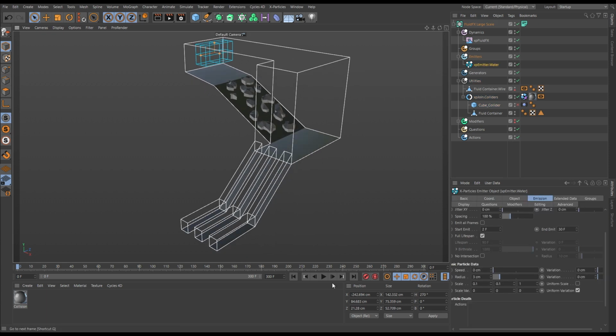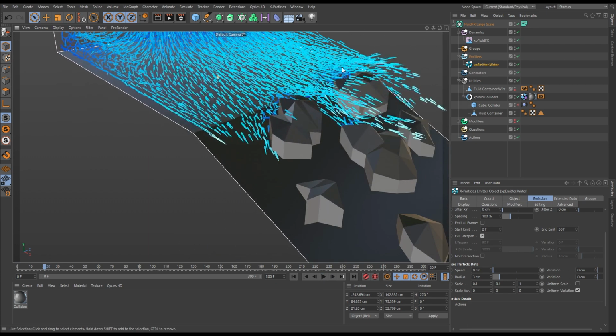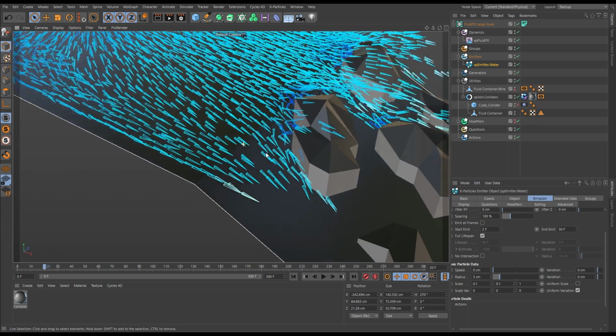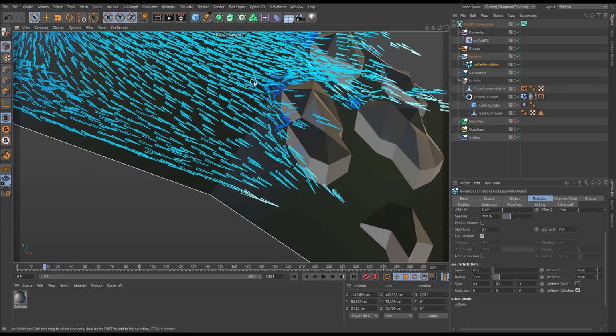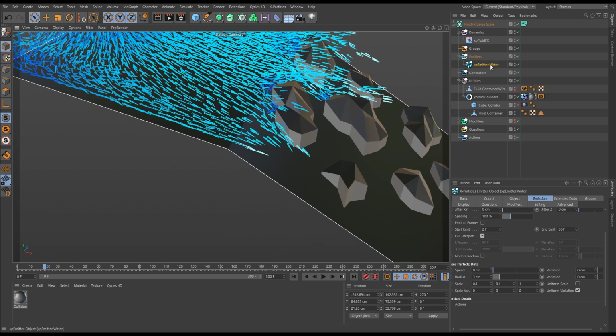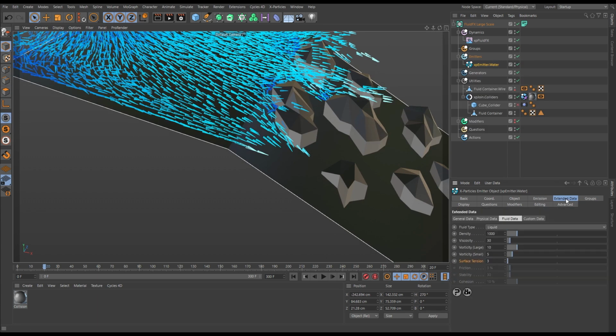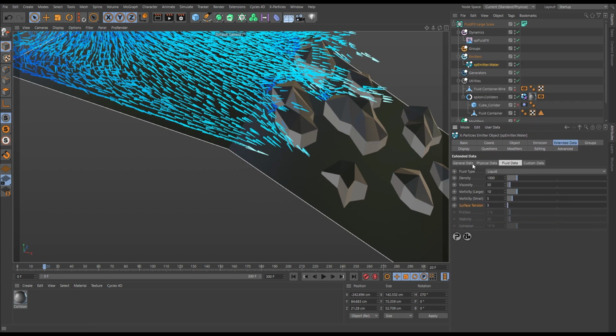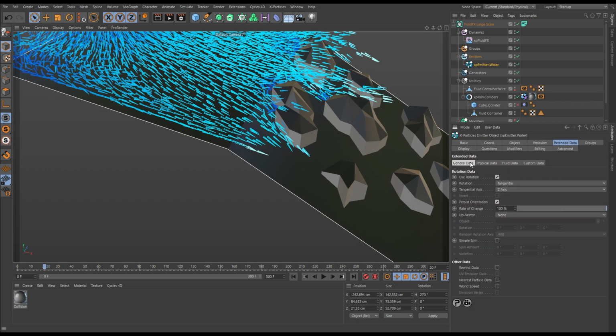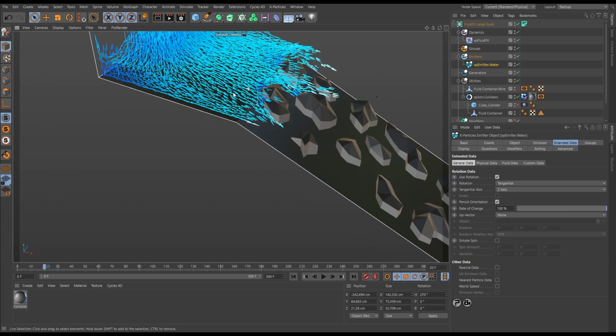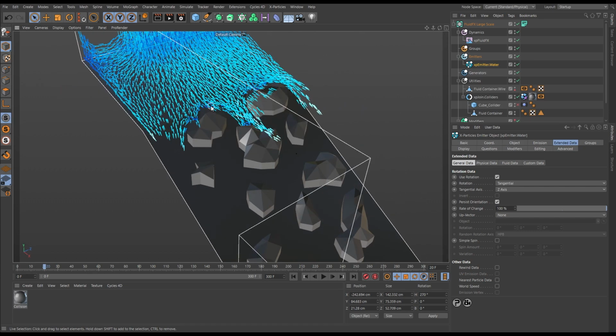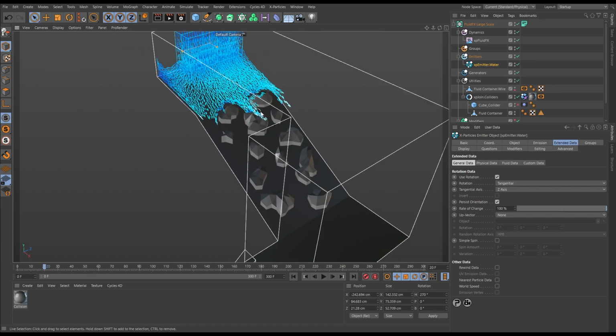Now what we're seeing here, we're emitting these particles. You can see the display mode that we have chosen here are these pyramids. So we've got these pyramid display modes, and we've also got, if we go to our emitter and we go to the extended data tab and we go to the general data, we have activated rotation and we've activated tangential rotation. And that just means that these particles will always be facing in the direction of their travel,